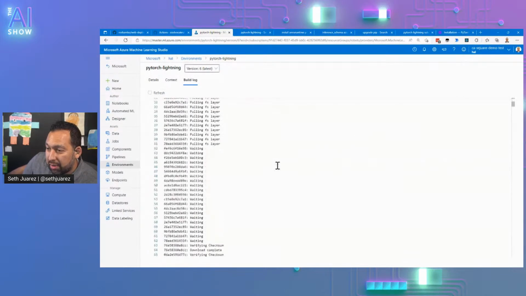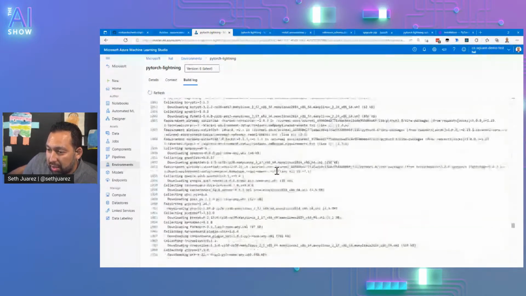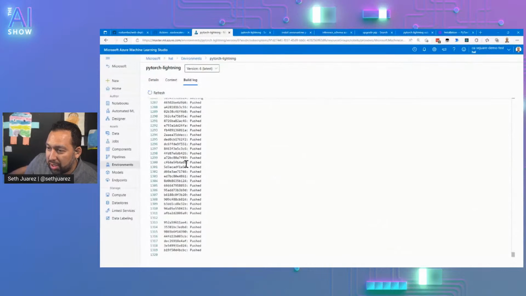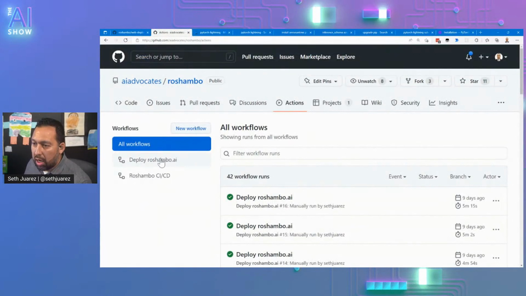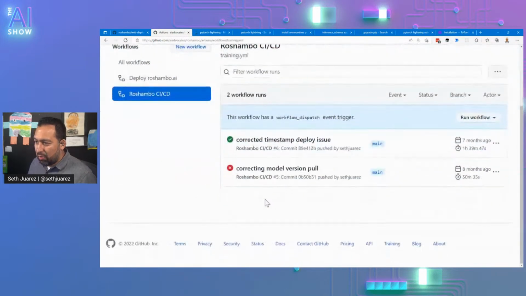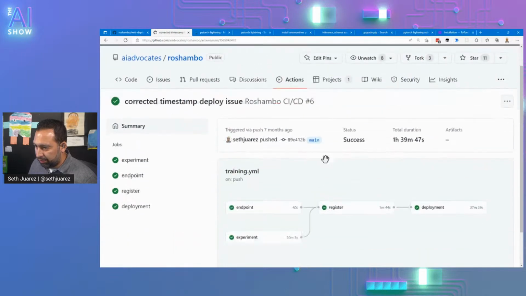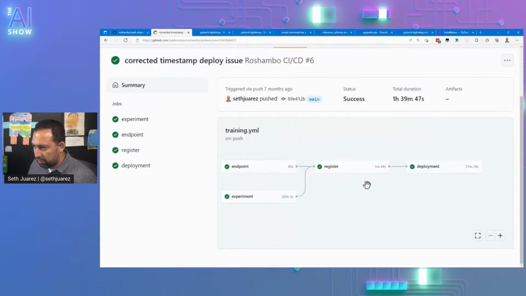Okay, container, are you done or what? What's going on here? Oh, it's pushing. Of course you are. Our Rochambeau CI/CD hasn't run in a long time. 7 months ago. And deployment takes forever.